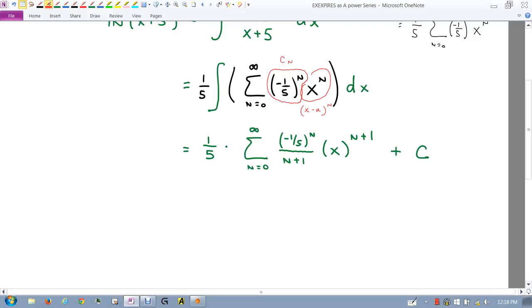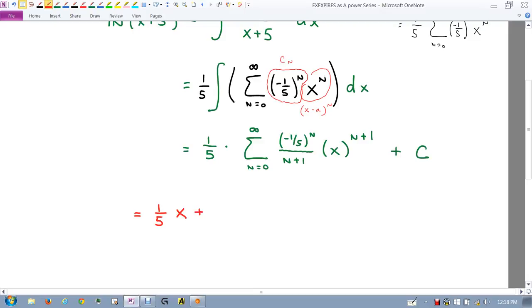And this is where, again, I said it's good practice to maybe write a few of these out. 1/5. Let's let n be 0. What happens if n is 0? That's 1, and then that's 1, and then that's x. So you just get 1/5 x